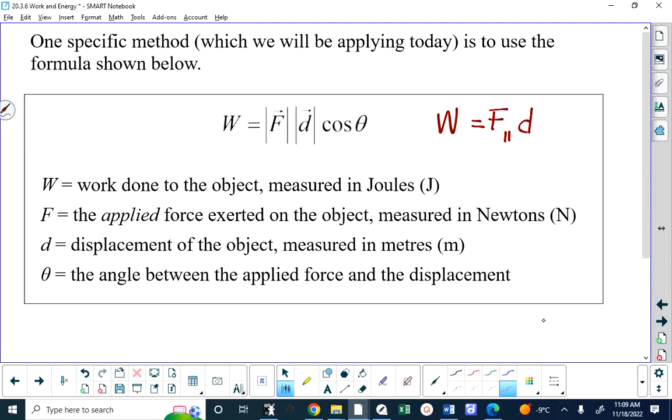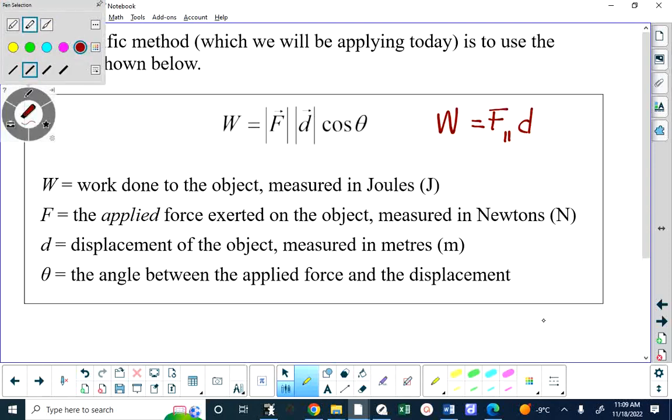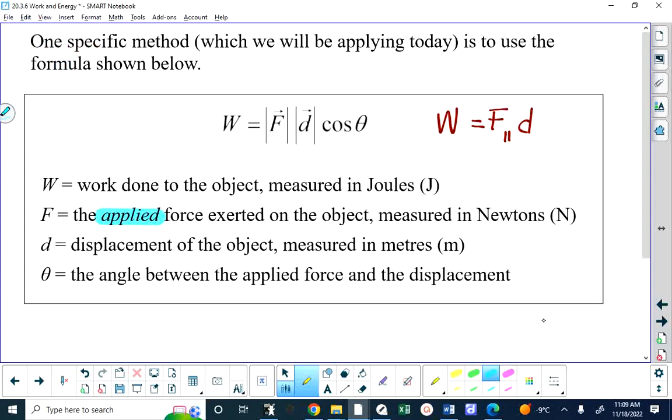There's all kinds of subtleties with this. The other thing I really have to stress is that this is the applied force. It's no longer the net force, it's the applied force. I don't care whether there's friction or whether there's gravity. Whatever the force is that I apply is the force you use in determining the work that I do. If you want to know the work done,